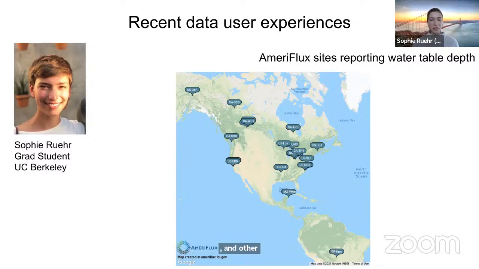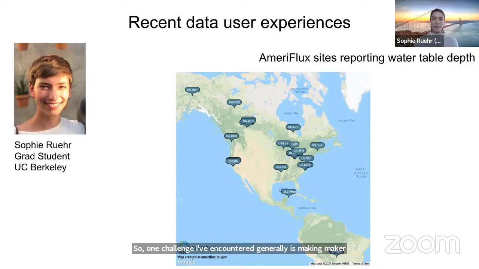Another thing I've been thinking about, some of my colleagues have mentioned that there are probably many sites, for example NEON sites, that might record water table depth but don't actually report it to the AmeriFlux website. One challenge I've encountered generally is making sure the sites I'm working with actually have all the data I need, that the data align temporally, and that I'm not excluding any sites because they may not be fully documented on the website. So, echoing what Mallory and Minju just said, tools to align data and understand what's out there are really helpful and maybe could be developed a little bit more.